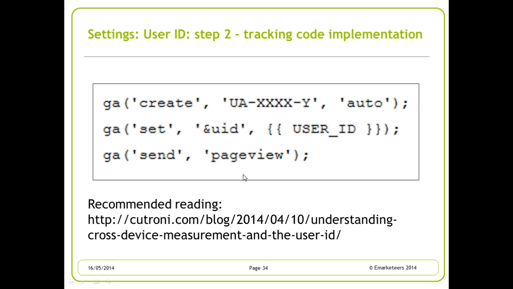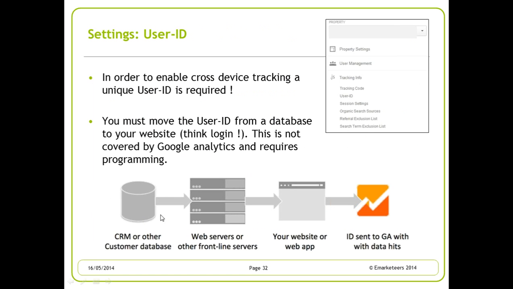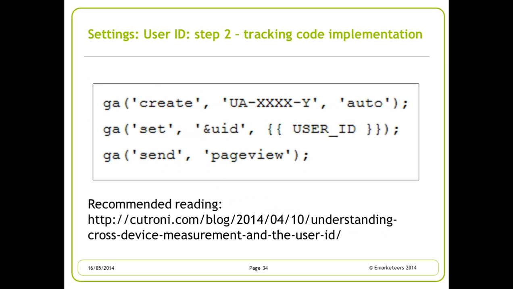So that's step one, and then step two. You need to do some development work to make sure your CRM or whatever database passes on this data to the web. That I'm not going to speak about today. But once you have a user ID that is passed on to the web, you can modify your code as follows. You can integrate a line, ga set userId, and then the user ID number. So you just need to make sure you have a script in place that fetches this number from your backend databases, pushes it to your website, and then it can be sent to Google Analytics, and you can segment on these user IDs.